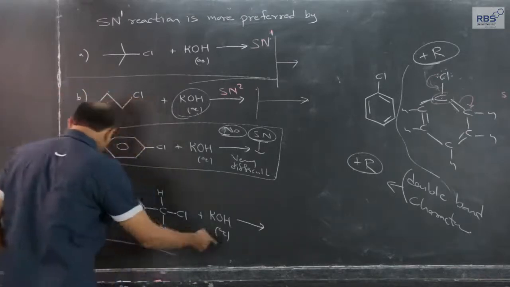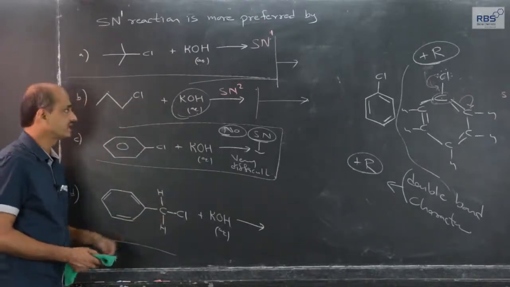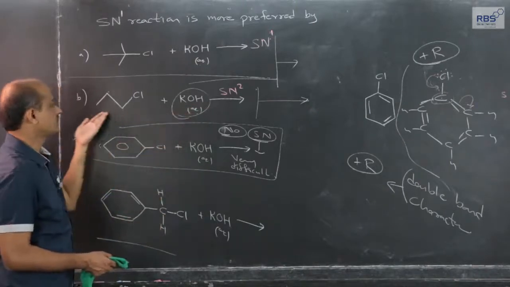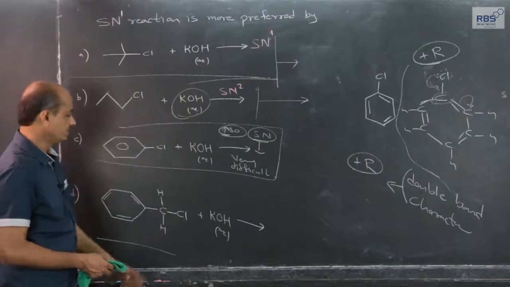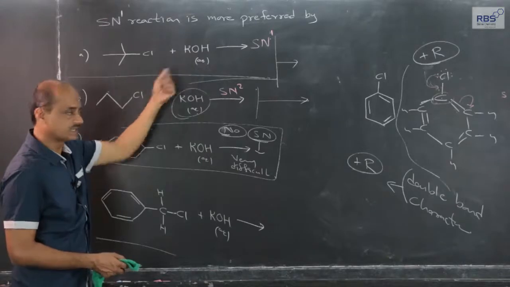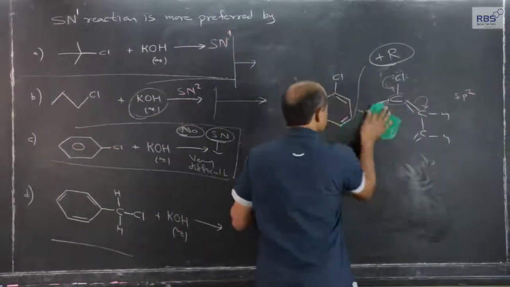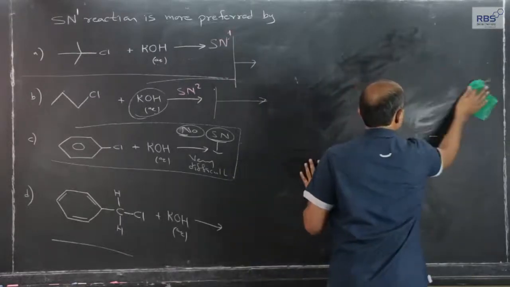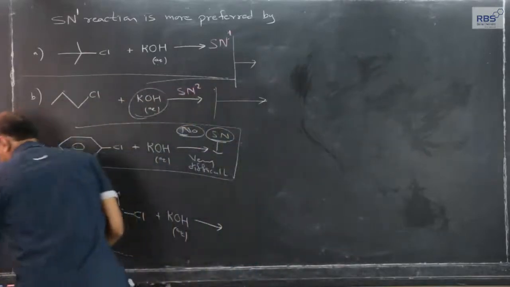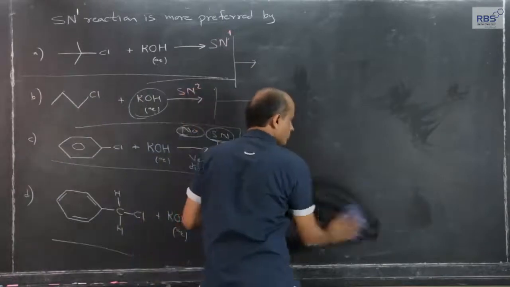But this reaction also follows SN1. Even though the halogen is attached to a primary carbon atom, we expect this reaction to take place as per this pattern, opposite side attack, one step. But actually this reaction follows what we have studied here, this pattern. Why, how? Let us consider. There is a competition between both, but one is more preferred. The SN1 path is more preferred.